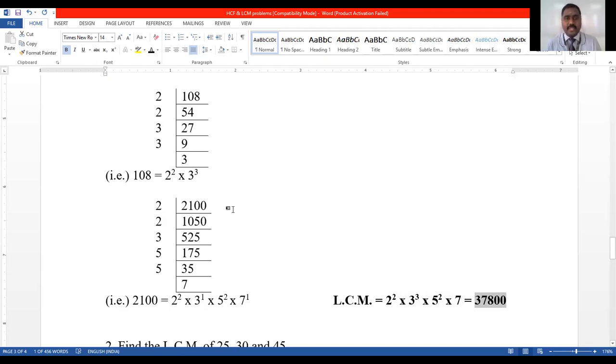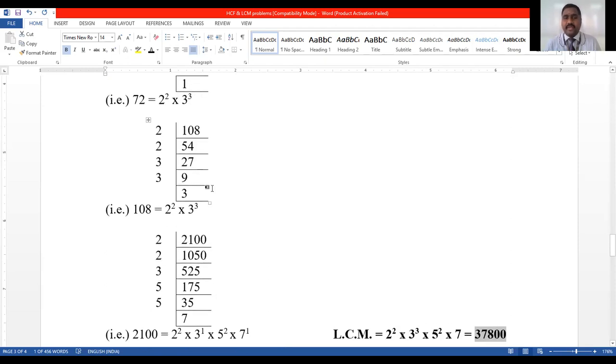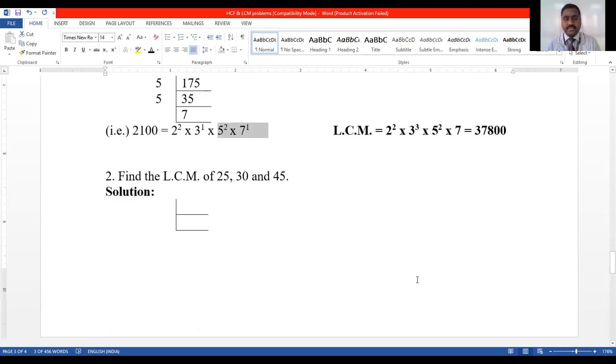Right? The procedure is the same as what we followed in the HCF. The only difference is in HCF, you have to take the common divisor with the least power. Common divisor with the least power. Whereas in LCM, you have to take all the numbers. See, 2, 3, 5, 7 also you have to take. But in the first and second value, there is no divisor 5 and 7. But even though, we are taking that, that is the condition for LCM. In LCM, we have to take all the divisors, but with the highest power. In HCF, only least power. This is how to solve the problem to find out LCM by using factor method.